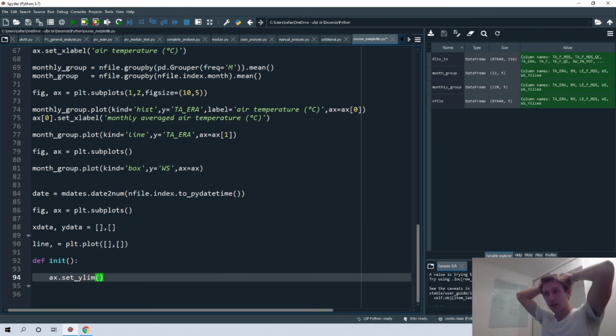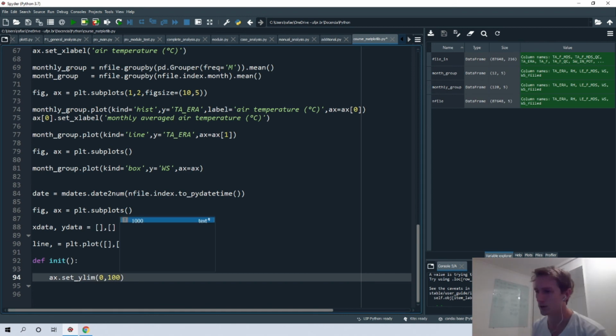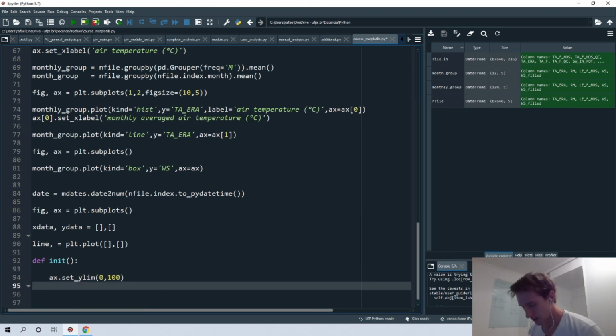We can plot, for example, air temperature. In that case, we have a range of 0 to 100, which is the maximum range in our case. So I defined a range from 0 to 100.